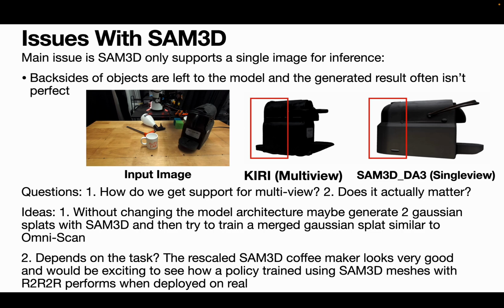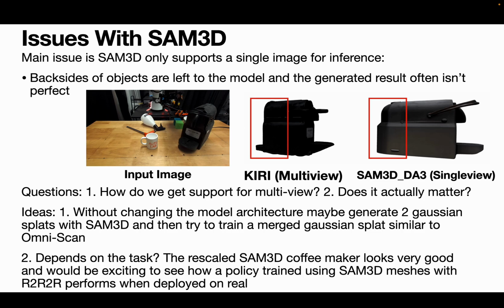So some questions I have are, how do you actually get support for multi-view? And the second thing is, does it actually matter? For the first part, I think it is possible, maybe without changing the model architecture, to generate two Gaussian splats with SAM3D and then try to train a merged Gaussian splat similar to OmniScan and see how that works. For the second question of whether it actually matters, I think it depends heavily on the